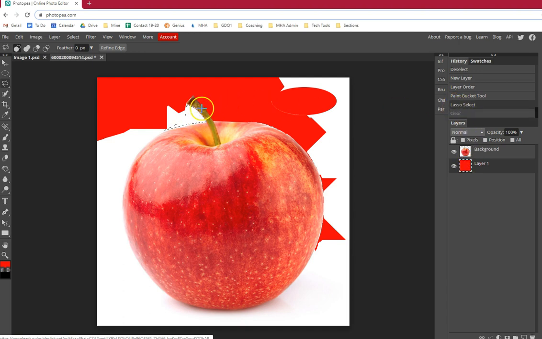I want to keep my lasso select, but I want to be on the layer where the apple is and not layer 1 where the red is. So now I'm going to hit delete on my keyboard and you can see that it cleared on the right layer. That's a common problem that I see with selection. Always make sure that you're on the right layer when you're editing a selection, and that should solve a lot